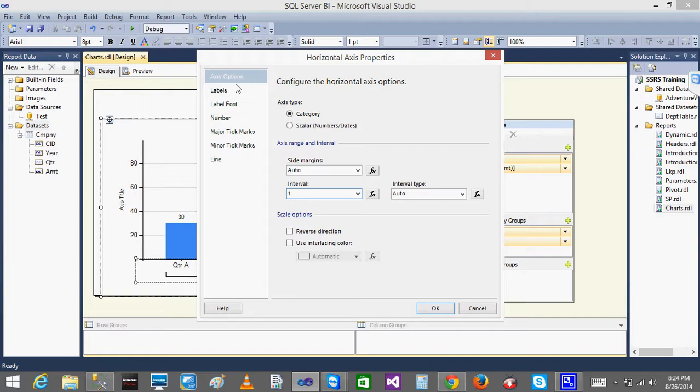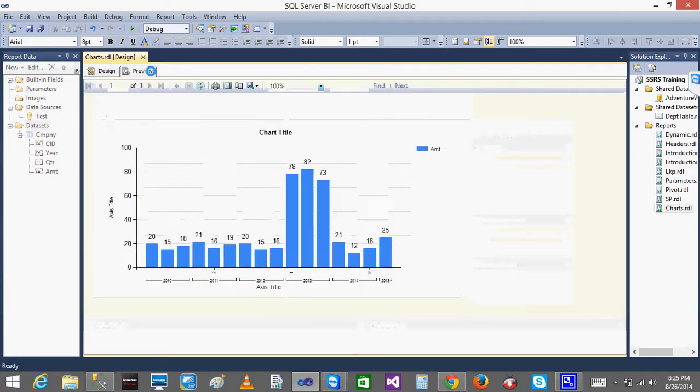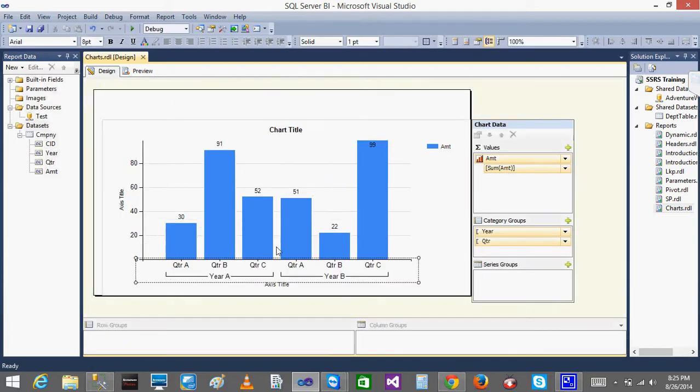So in the axis options, you got one concept called interval. When I give the interval and click preview, automatically I will be getting quarter 1, 2, 3, 1, 2, 3, 1, 2, 3. So I need to give that. Accordingly, 2015 has only one quarter, so you got data for only one quarter. And now here I got it.